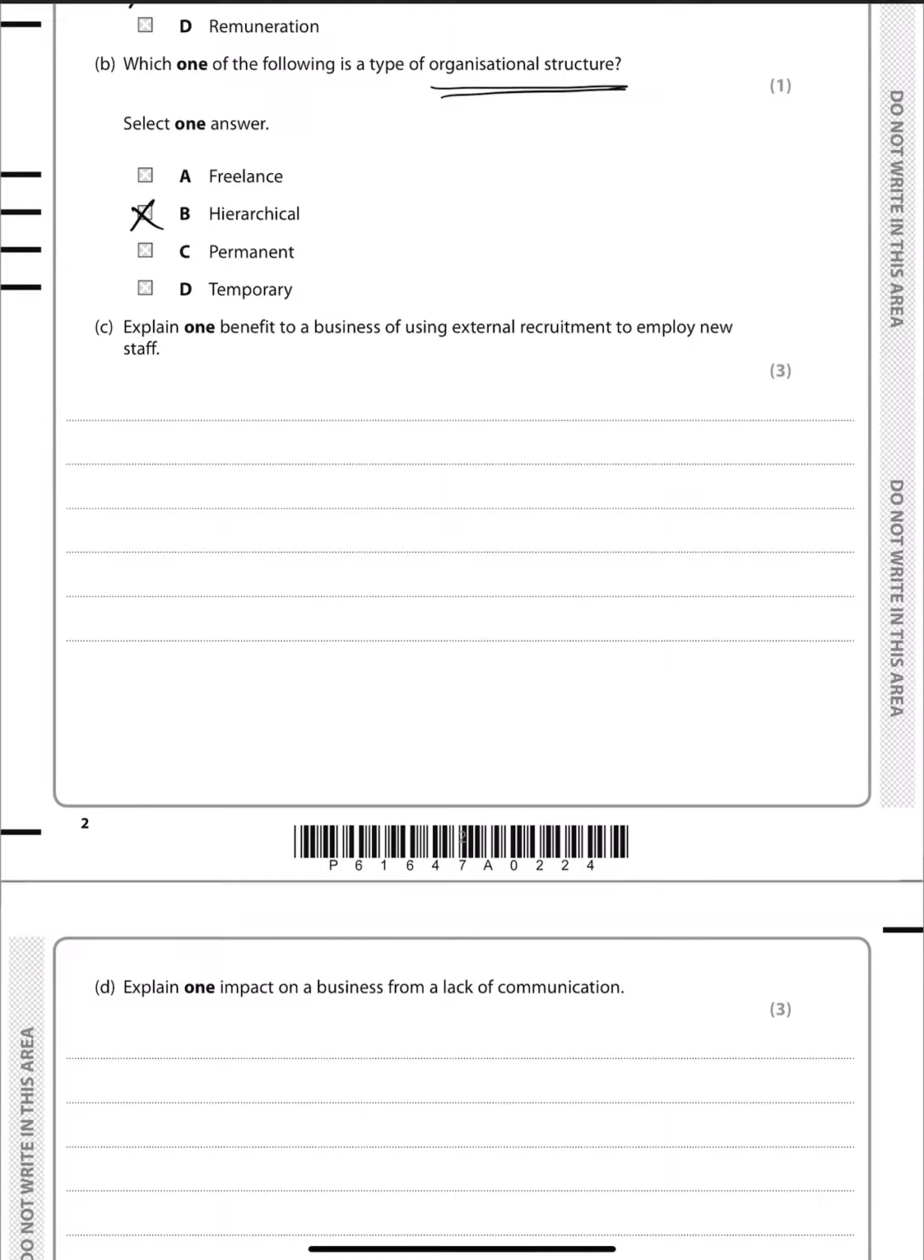Moving on to part C, explain one benefit to a business of using external recruitment to employ new staff. So recruitment can be of two types. It can be internal and it can be external. External means I'm getting staff from outside who has not really worked for me before. So I'm asked to explain one benefit. So one benefit can mean that since the employees are coming from outside, they will bring in new ideas to the business. So first point,